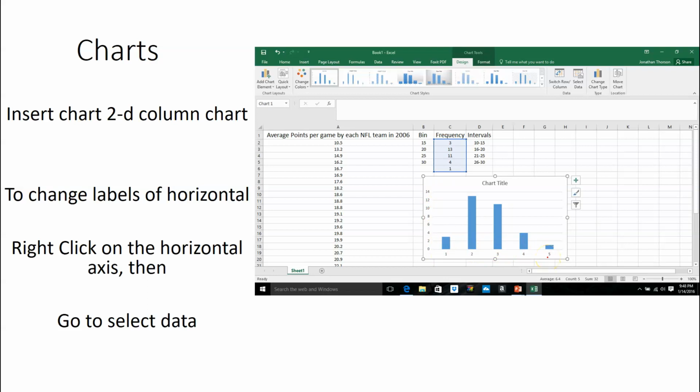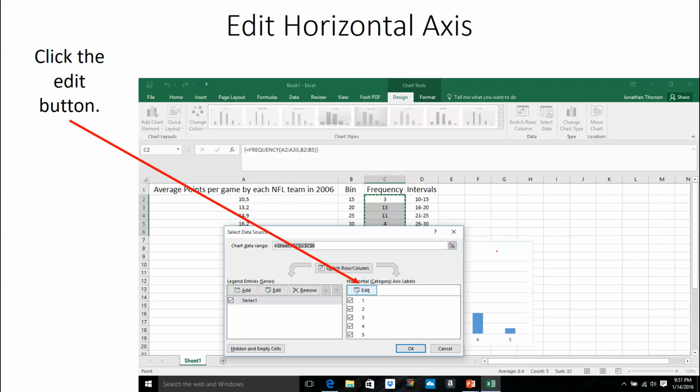Remember, histograms, their horizontal label needs to be classes. So I need to somehow change that. There's a few things I've got to change. I've got to change my classes. I also need to have them touching. Histograms don't have any gaps, so I'm going to have to change my width as well. Okay, so what we're going to do is right-click on the horizontal axis, and go to Select Data. Okay, so you right-click on the horizontal axis, you hit Select Data, and there's an Edit button. When you hit Edit,